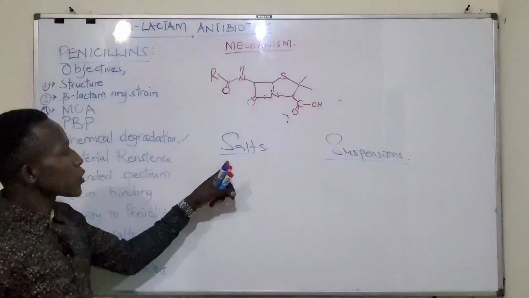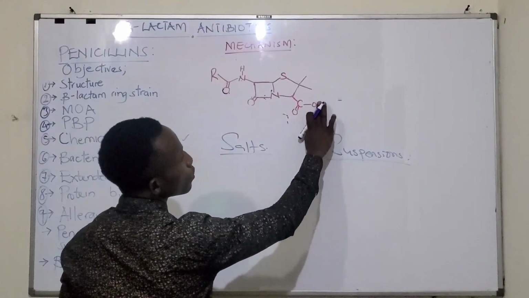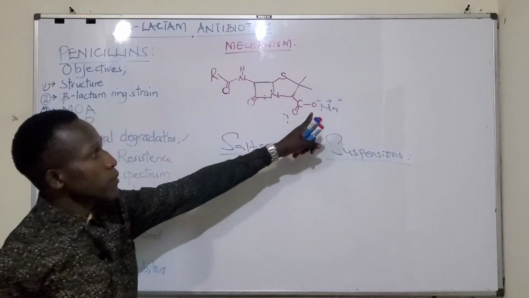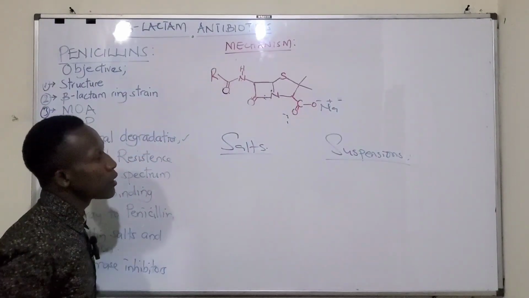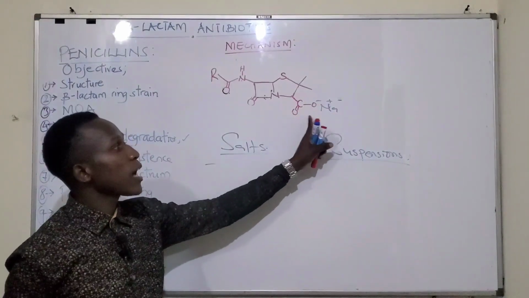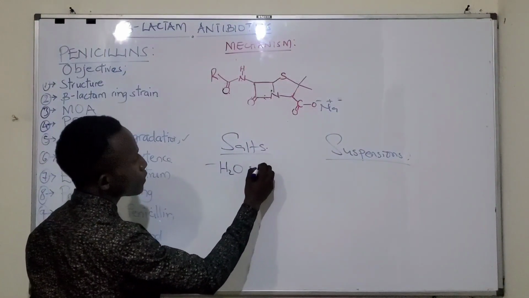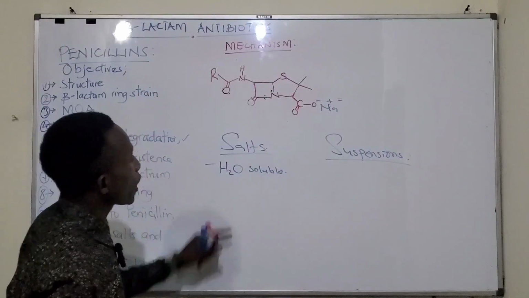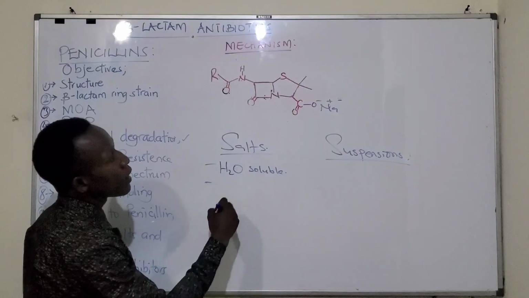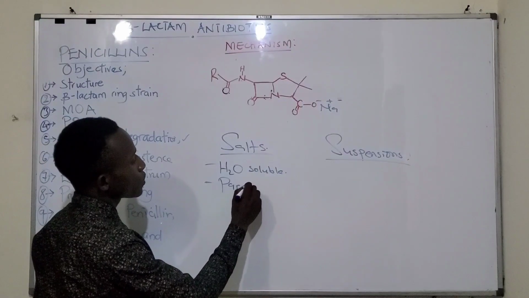So if we form salts, for example, sodium penicillin, meaning that we are using this group, instead of hydrogen we put a salt, which is sodium. We put sodium to make it a salt, meaning that for salts, we are making this part highly hydrophilic. So they are highly water soluble. Meaning that most of them, or all of them, shall be used for parenteral